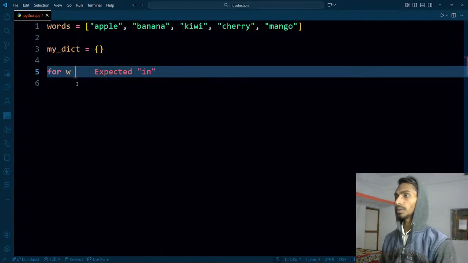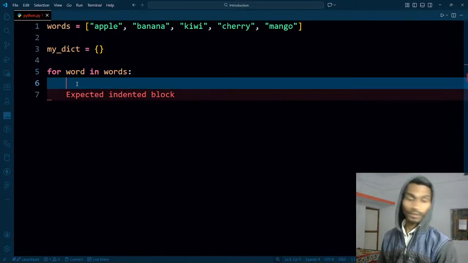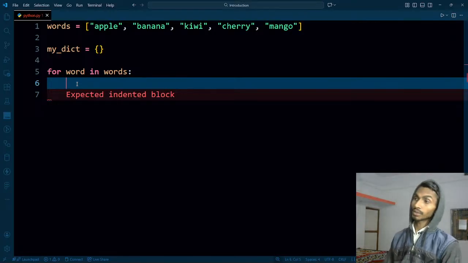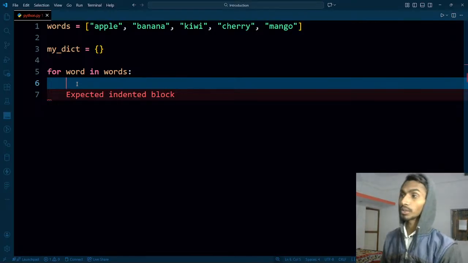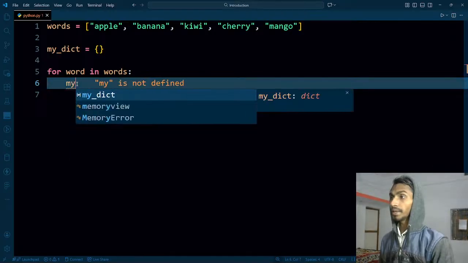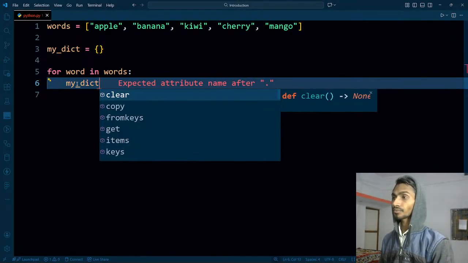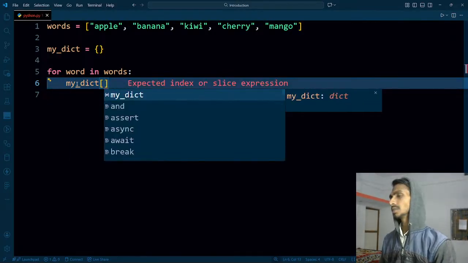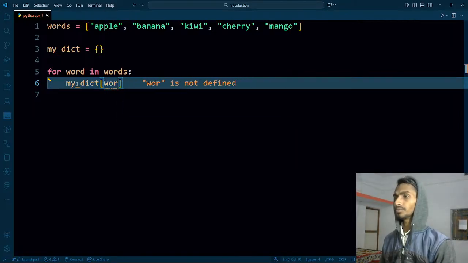For word in words, or I can say just word in words, and now I'm getting all the words. What can I do next? Once I got the word, then my dictionary, I can just even do it like this, my dictionary, and it will take the word, and once it took the word, then